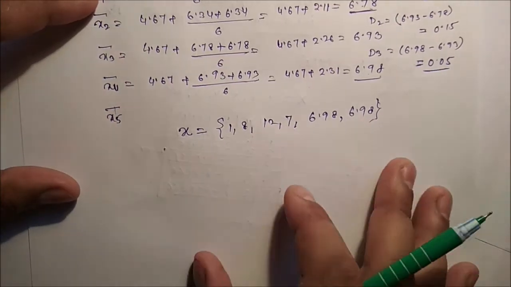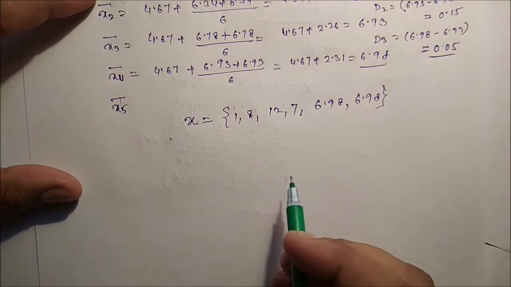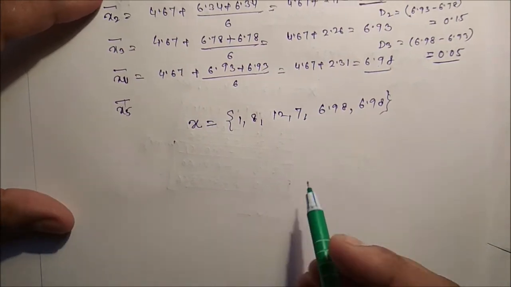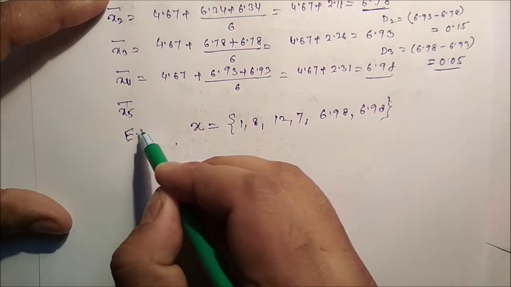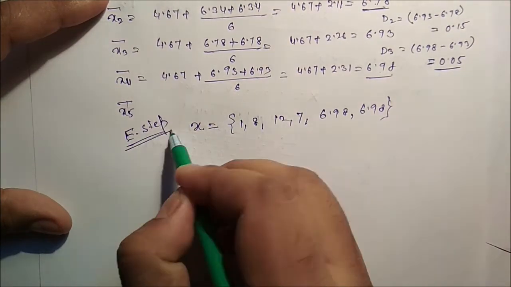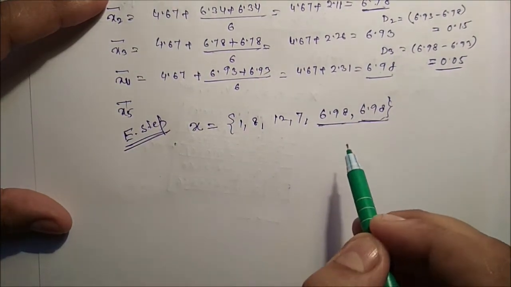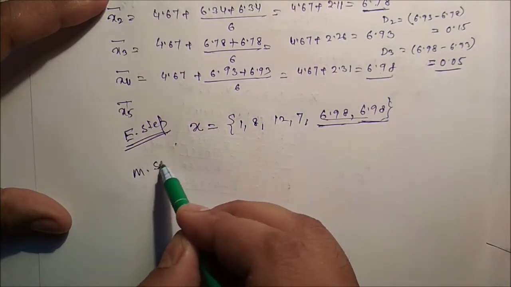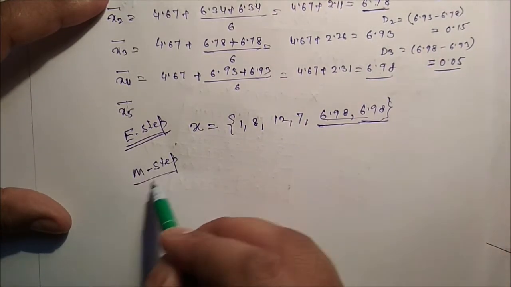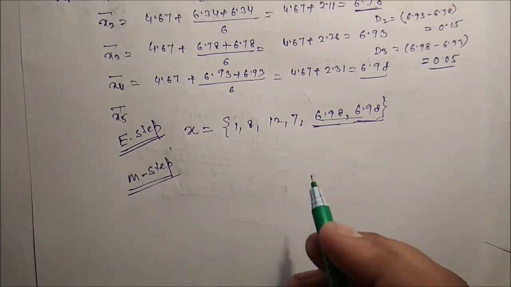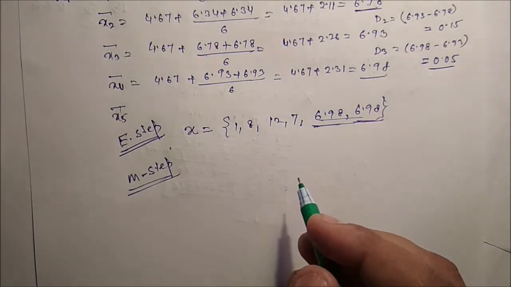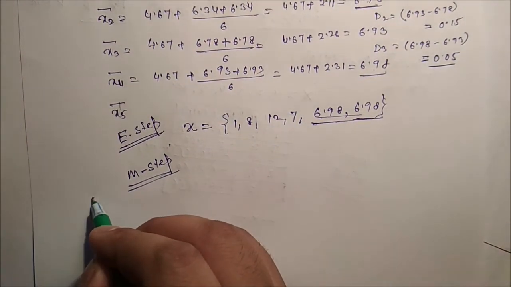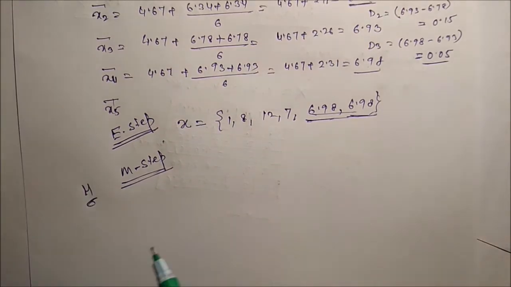Okay, but already we know in the expectation maximization algorithm two steps are there, the E step and the M step. From the E step we have identified the missing values. Now use these values for the next step, that is the M step. So what is the M step? Maximum likelihood estimation, to identify the parameters, the mean and the standard deviation.